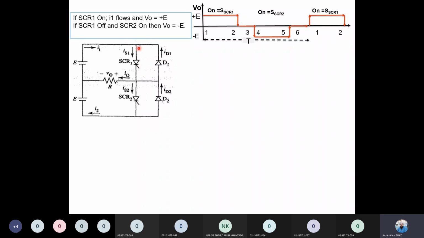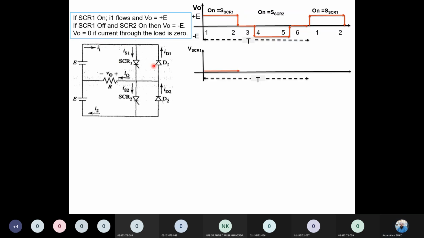So I1 is in this direction। If SCR1 is off and SCR2 is on, then output voltage is equal to minus E। Okay, we discussed V out will be 0 if current through the load is 0। Now the waveform for the SCR1, please try to understand this।